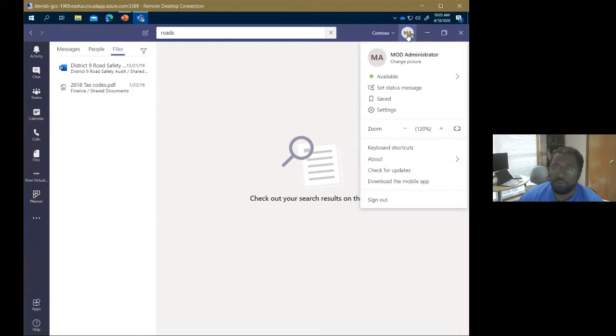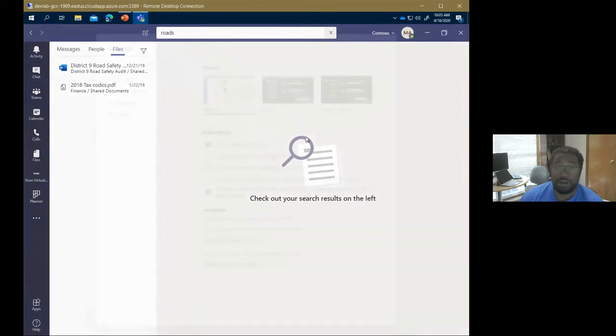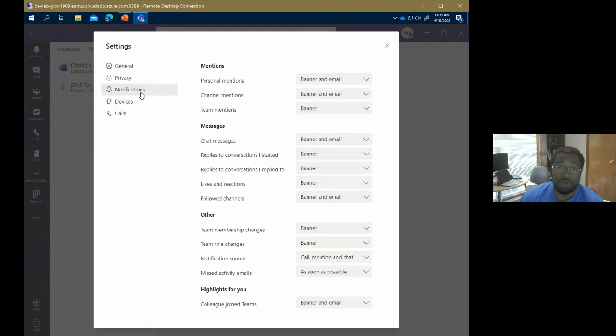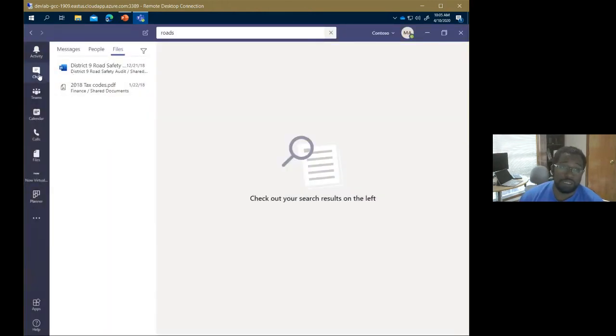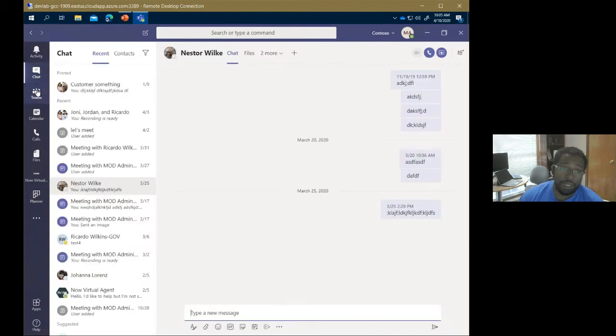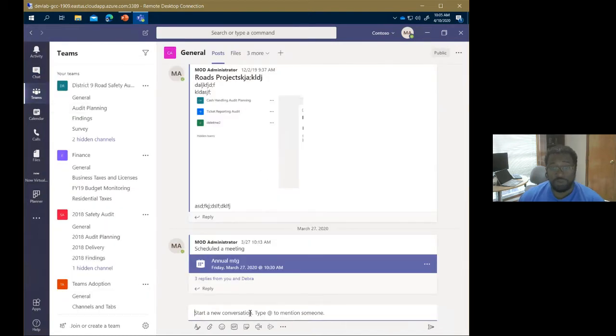And I think lastly would be your area over here where you can do a few things, the most important of which is the settings area for coming in and setting your notifications. Make sure for personal mentions you do have the email on, especially if you're new to Teams or your team is new to Teams, to keep people from missing things. That mention concept comes into play when you're doing a message. At mention: hit the at symbol, and then I can at mention anybody I need to, send them a message, and they're going to get that post in a separate notification.